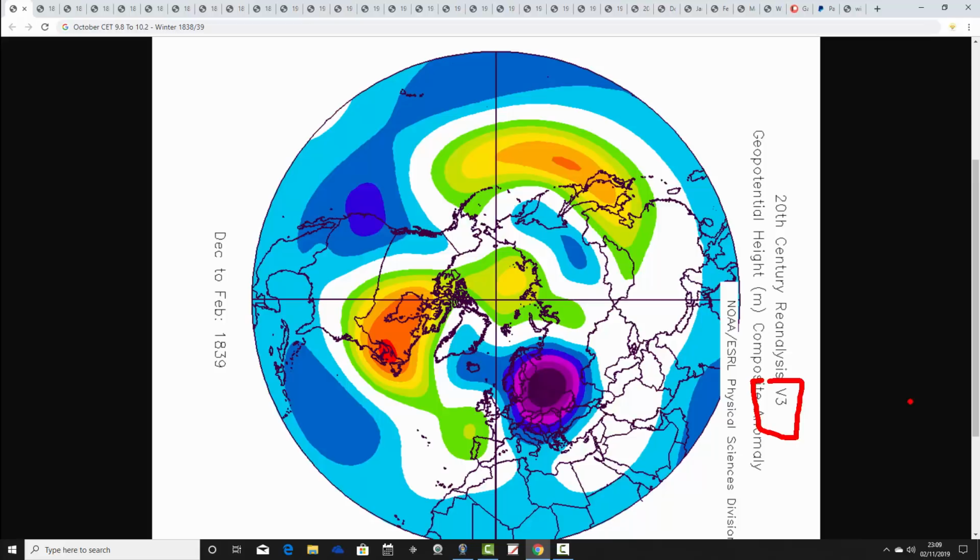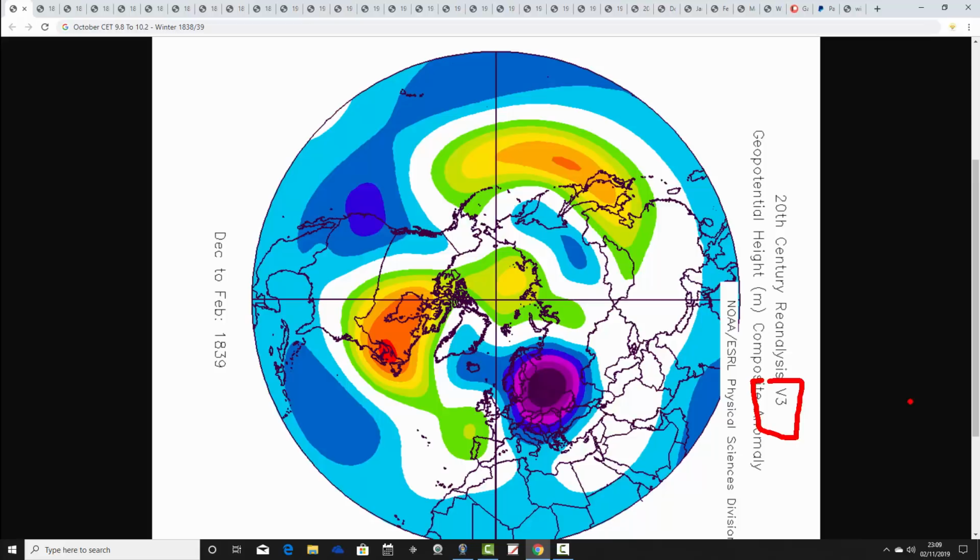We're onto version 3, and that means that we are now able to go beyond 1850 for our analogues of reanalysis. You remember we've spoken about this in past videos, that as far back as we could go with the analogues of the reanalysis was 1850. Well, now we can actually go further back than that with reanalysis. We go all the way back to